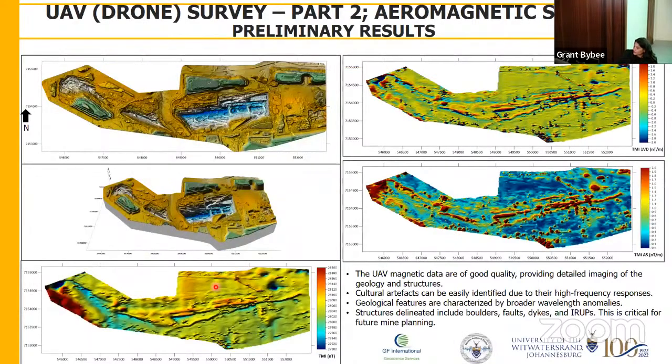So what was good about this data is that it provided detailed imaging of our geological features and structures, and then any artifacts or even boulders, dikes, faults, erupts. And this is also critical for planning your mine, because you want to plan a mine where you don't have many fractures, faults, etc. It also,